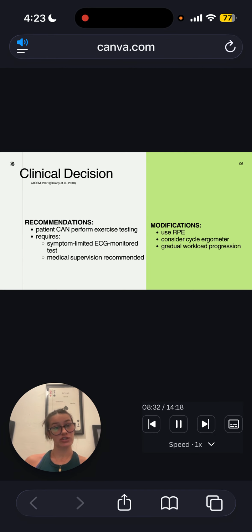Clinical decisions. For our patient, I recommend that he can perform exercise testing, although I do want to make sure that it is symptom limited and ECG monitored, and medical supervision is recommended, just in case anything happens, in case he's not feeling well. He does have a couple of things going for him, like with his MI, his stent, his diabetes, hypertension. We just really want to be there so that we can monitor him and make sure no further injuries occur